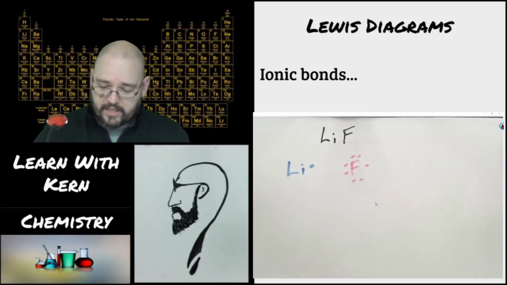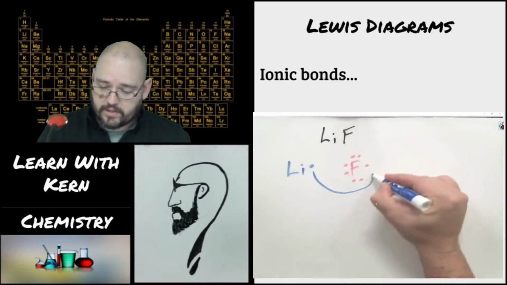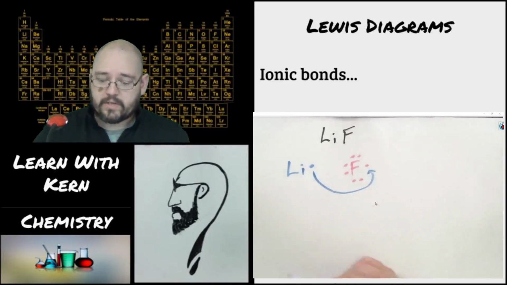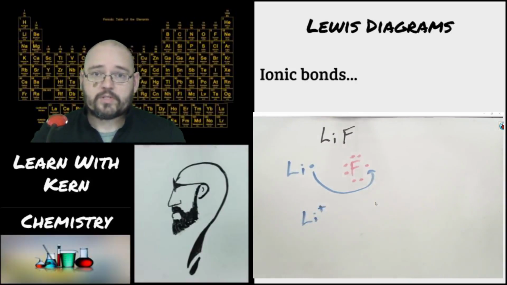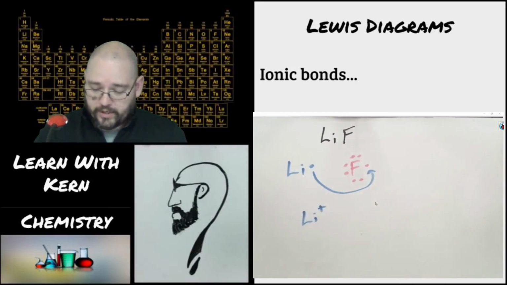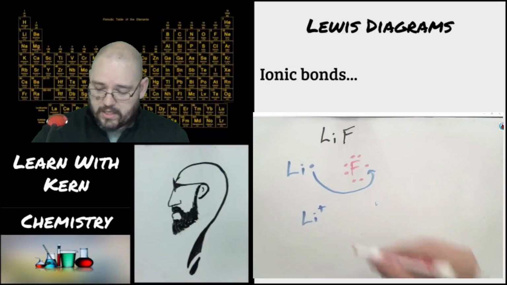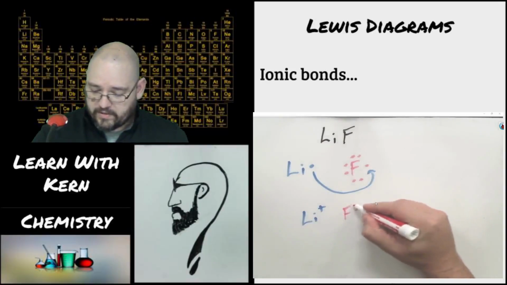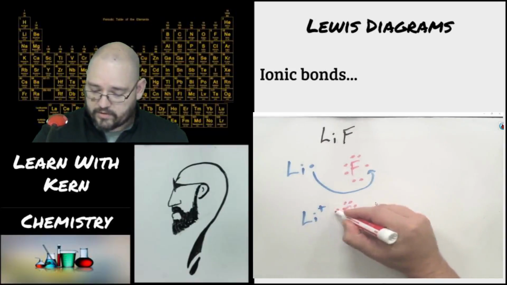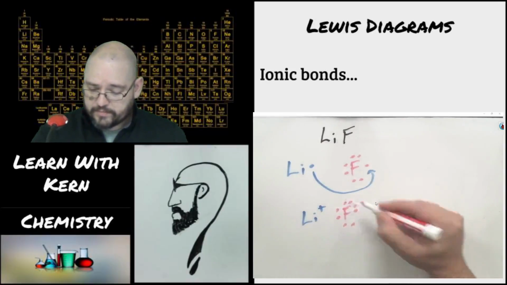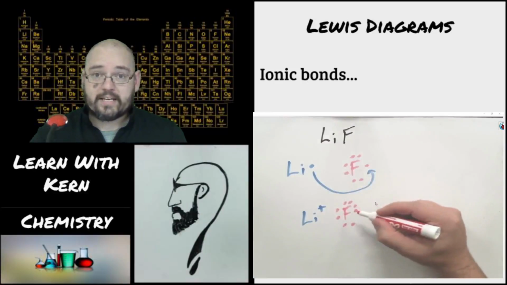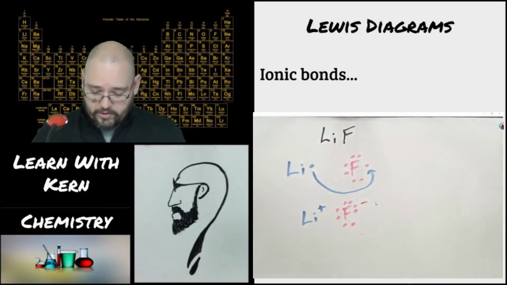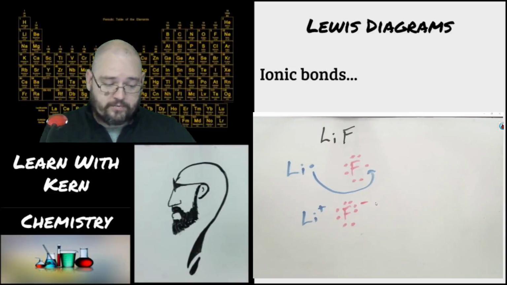So what's going to happen is lithium is going to give up its electron over here to fluorine, and when lithium does that, it is now positive. It has given up an electron, so it has a +1 charge. And fluorine now is going to have all of its valence filled up. It now has 8 valence electrons because it has taken this 1 from lithium, but it has an extra electron, so it has a negative charge. And then those positive and negative charges attract each other,